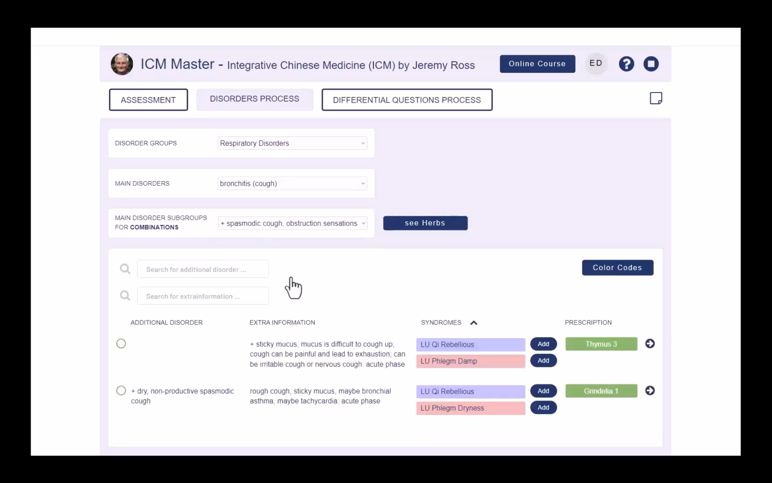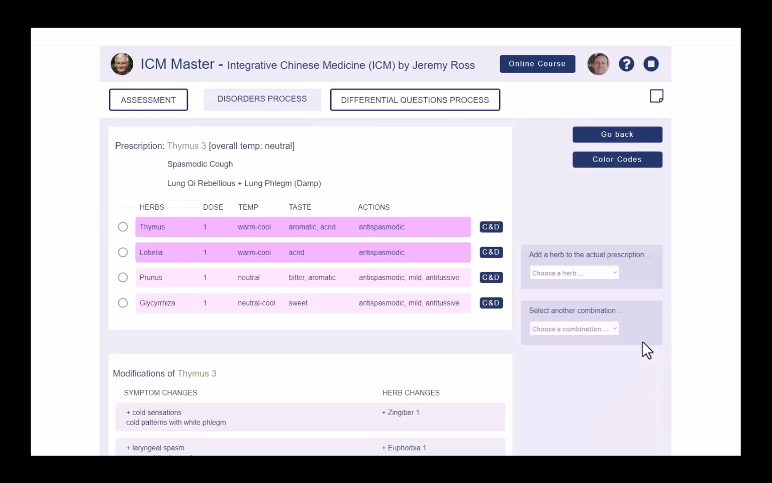Now the preset combination table appears. We can see that the database offers us 2 presets, Thymus 3 and Grindelia 1. We see the additional disorder and extra information on the table. We think that Thymus 3 would be better than Grindelia 1 if we add a herb for dry cough to Thymus 3. So we decide on Thymus 3 and click the arrow icon, and the prescription table for Thymus 3